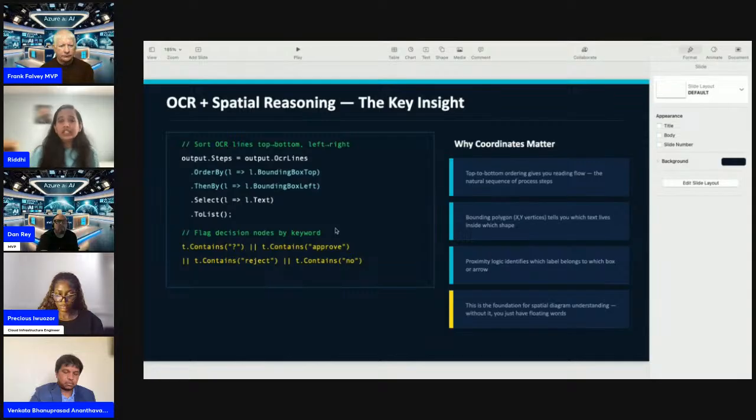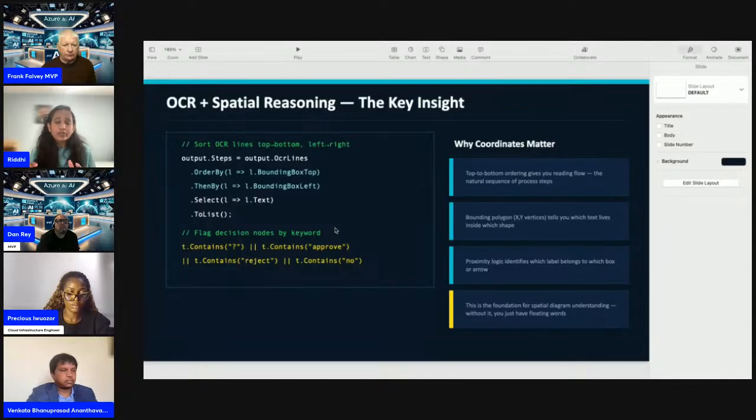Now, the last slide was about what you are extracting from your image, and this is more about spatial reasoning, which means how you are going to utilize what you extracted. And for that, if it's a flowchart, you first have to sort it by order from top to down.